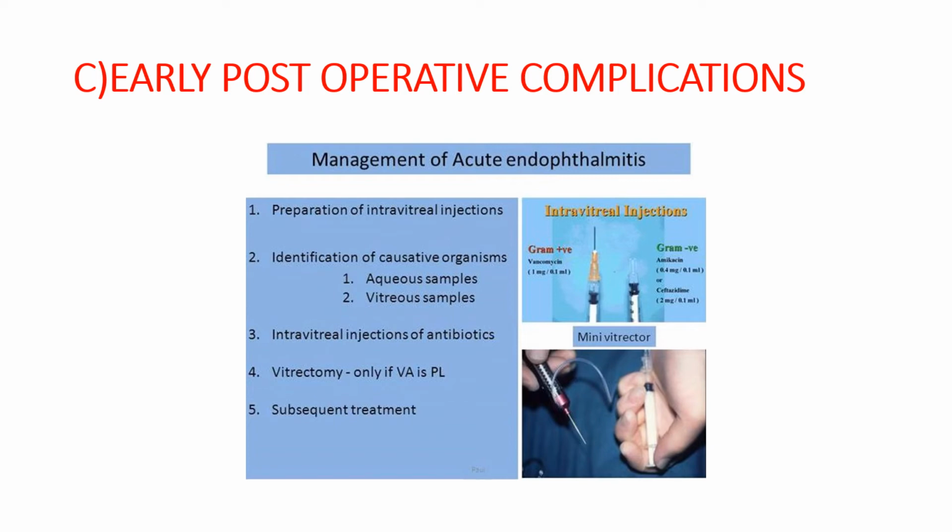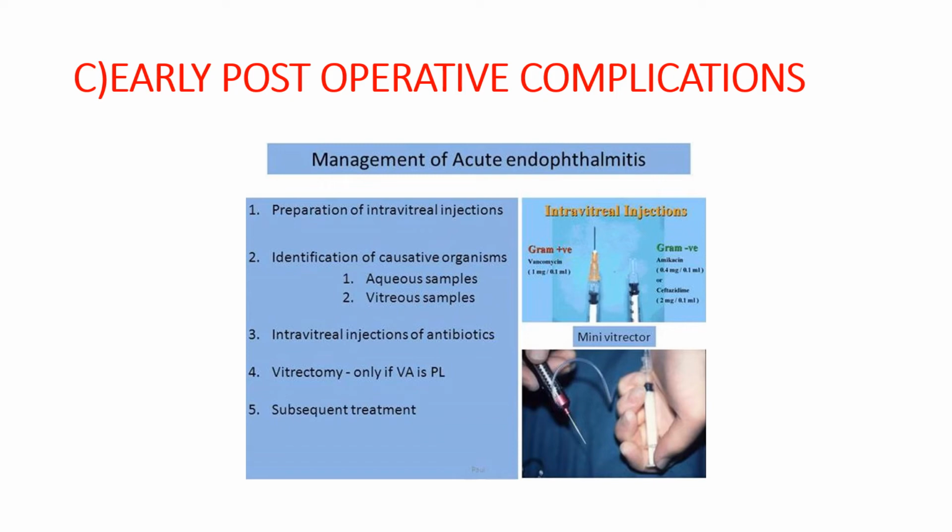Now, this needs to be differentiated from panophthalmitis. Panophthalmitis is intense purulent inflammation of the whole eyeball, including the Tenon's capsule. So the management is very important here. Early diagnosis and recognition of this condition, and aggressive management is very important in case of endophthalmitis. It is basically managed by giving intravitreal injections or by doing vitrectomy.